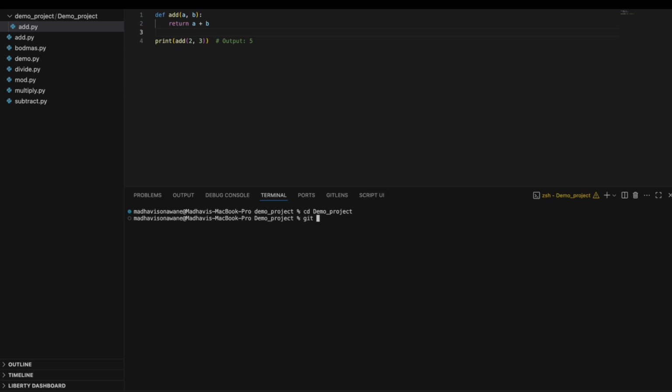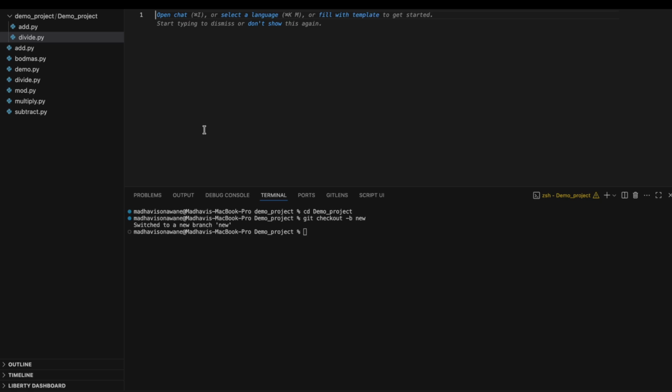Now I will create the new branch, git checkout -b, and the name will be new. Okay, so we are switched to the new branch and we are going to make some change in this particular branch. For that I will create a new file and give it the name, let's suppose, divide.py. Write some code here